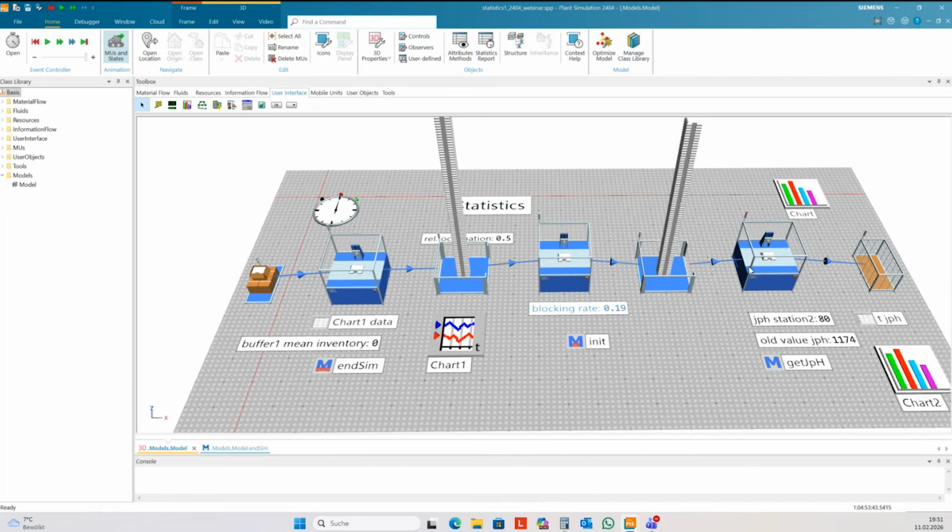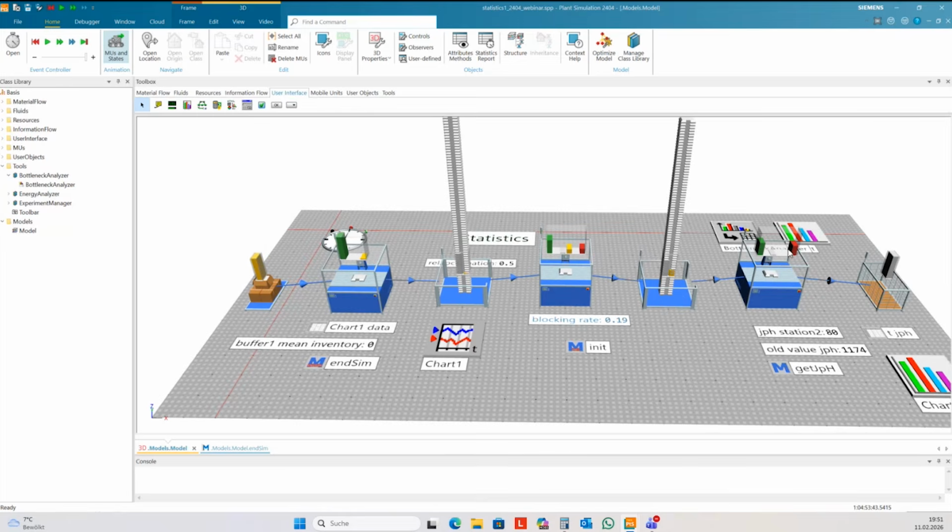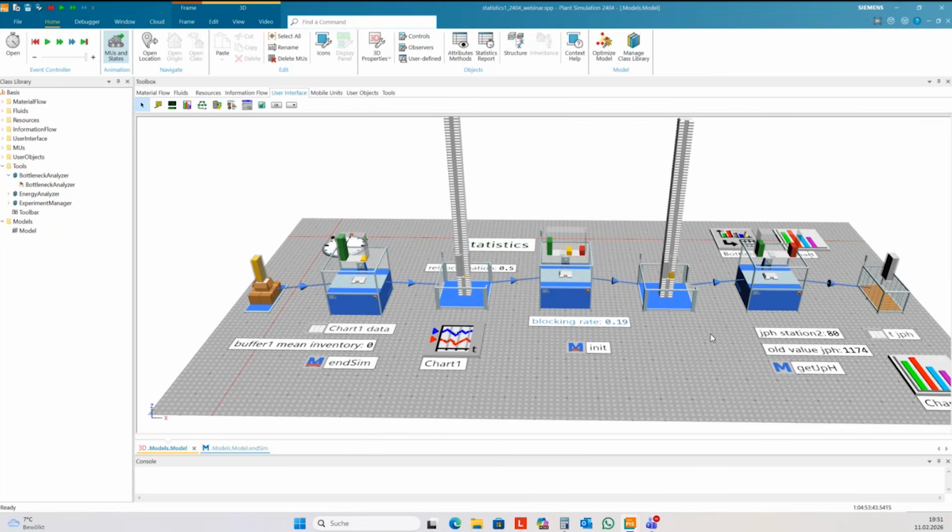bottleneck is after this machine, and there's a bottleneck analyzer here in Plant Simulation. You find it in tools, bottleneck analyzer here. And then I just show the analysis, and you see here this one is the bottleneck.